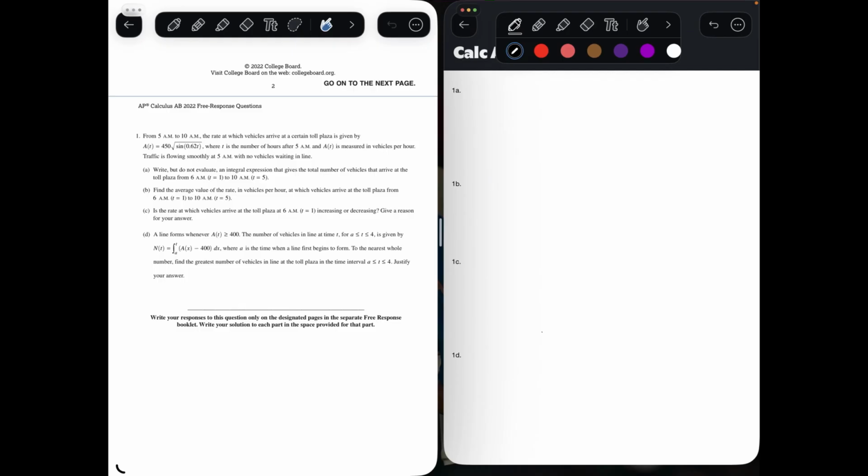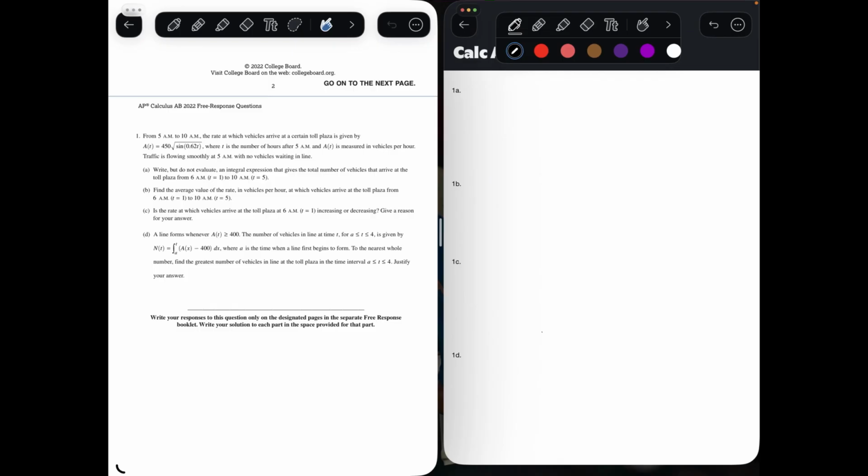So let's go to part A. Part A says, write but do not evaluate an integral expression that gives the total number of vehicles that arrive at the toll plaza from 6 a.m., which is t equals 1, to 10 a.m., which is t equals 5. So when you're trying to find the total amount of something, in this case the total number of vehicles, what you always want to do is integrate the rate. So in this case, you would want to integrate A of t from t equals 1 to t equals 5